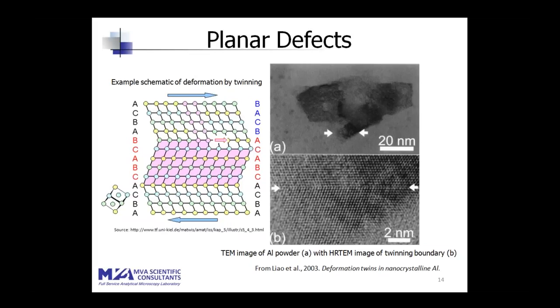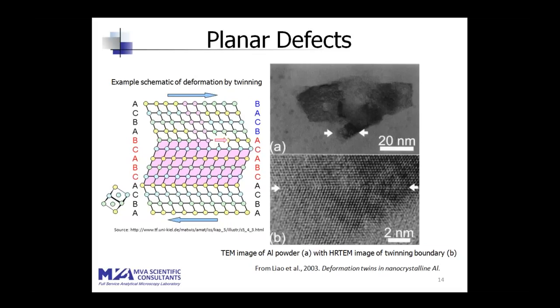In this study, the scientists theorized that nanocrystalline aluminum could exhibit deformation twinning, which is interesting because coarse aluminum, larger scale aluminum, has a very high stacking fault energy, and because of that it's very difficult to observe this type of twinning. So they took this nanocrystalline aluminum and ball milled it in liquid nitrogen, so basically just subjected it to some strain, took it out, placed it on a TEM grid and put it in the TEM,